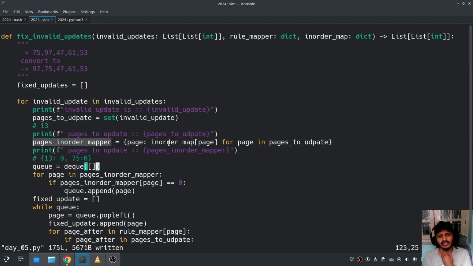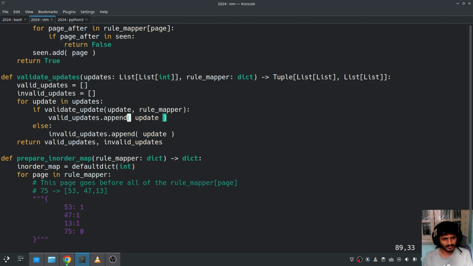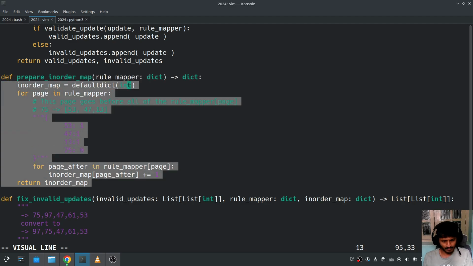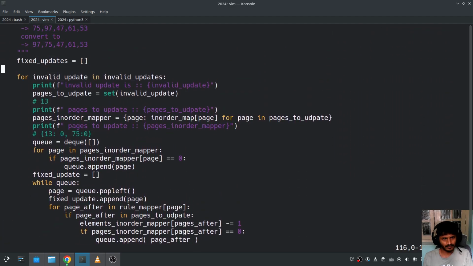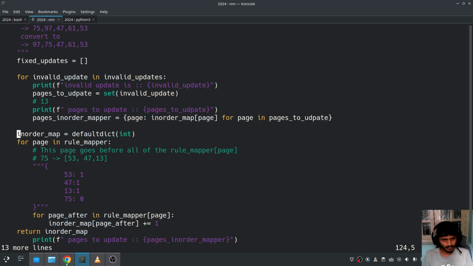It cannot look at the earlier rule in order map. We need to prepare it right here. So what we'll say is, previously when we said prepare an in order mapper, right? Default dict, and we were doing this, right? I think we can reuse the same piece of logic that we see over here, but